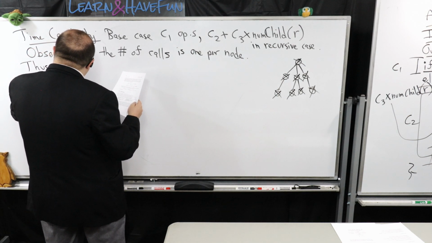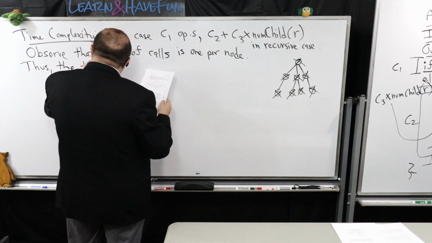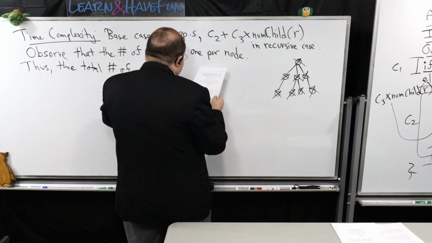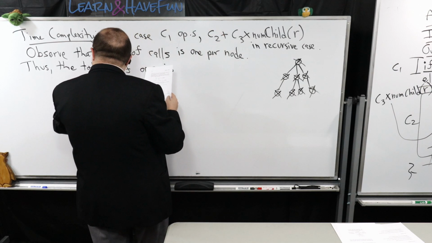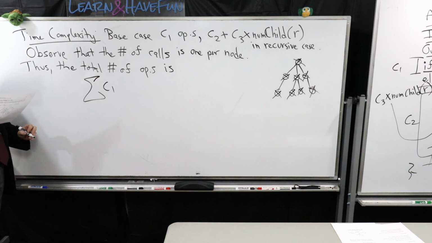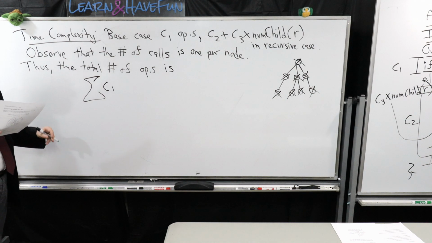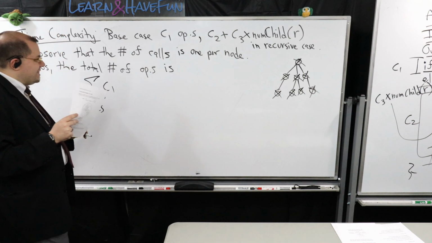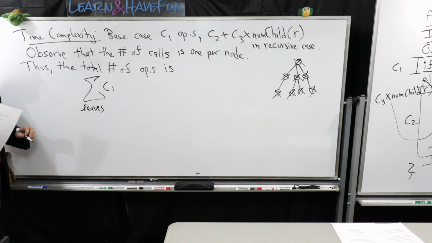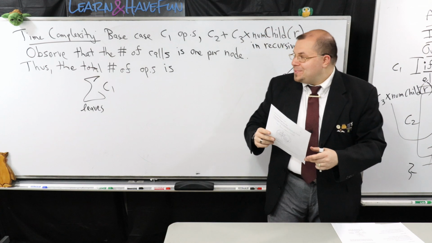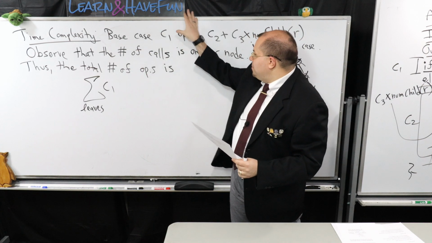Thus, the total number of operations is the following. It's the sum over all of these cases that happen for our base case code. So this gets summed over all of the leaves, or leaf nodes, in the tree, right? Because the base case happens when we hit a leaf. So this accounts for this right here,